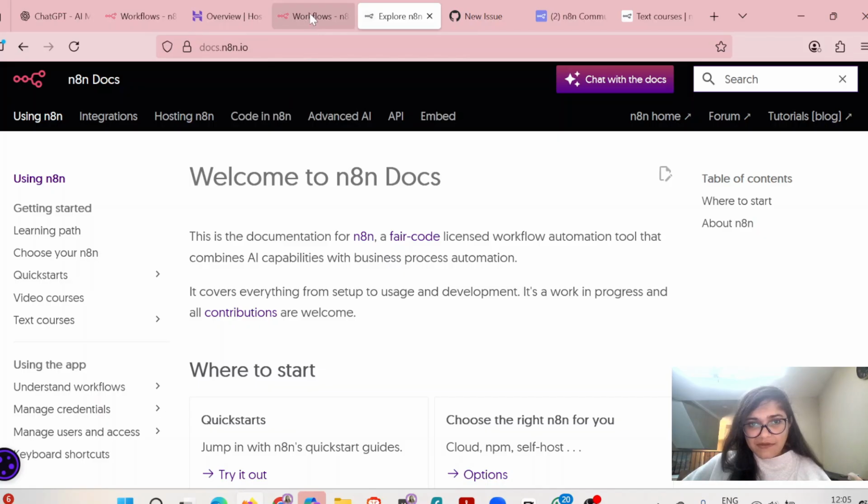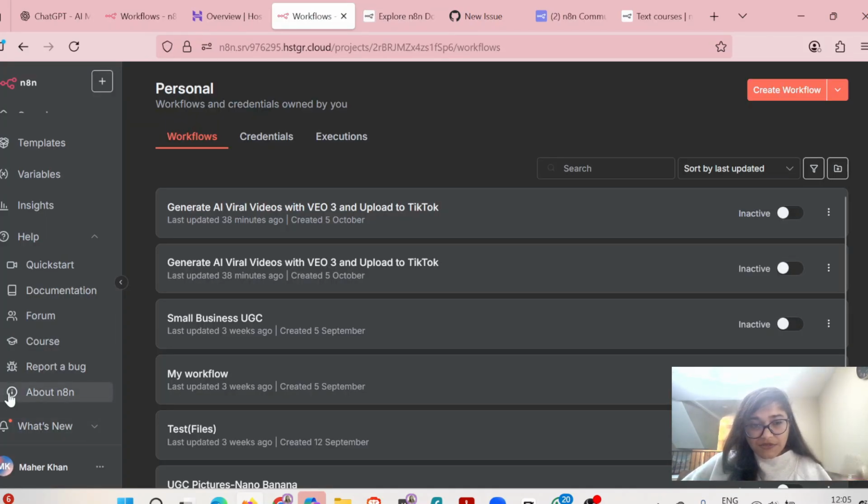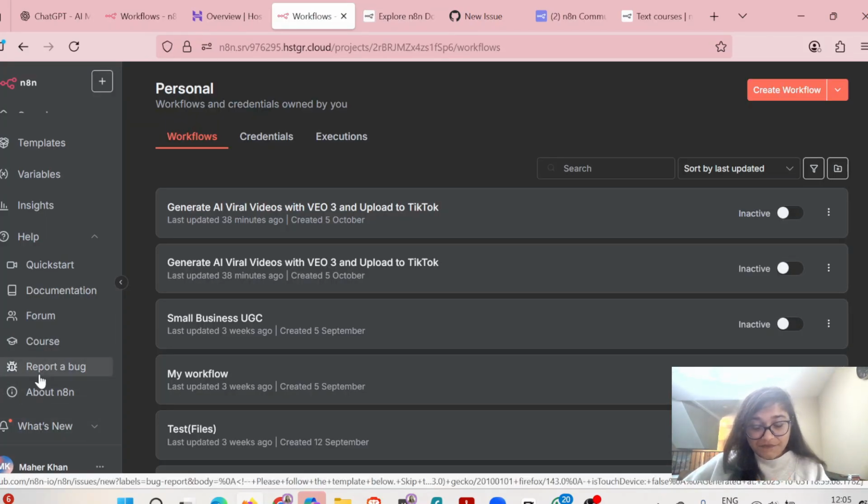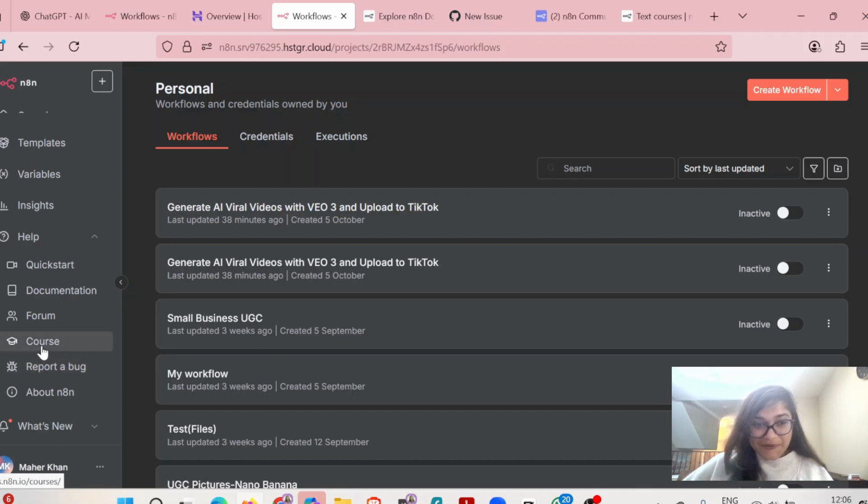We neglect documentation, but running a business, you can attach this URL in your contract to be on the safer side. If they have some issue, you can always refer to it: hey, I have already shared this documentation, have you gone through it or not?